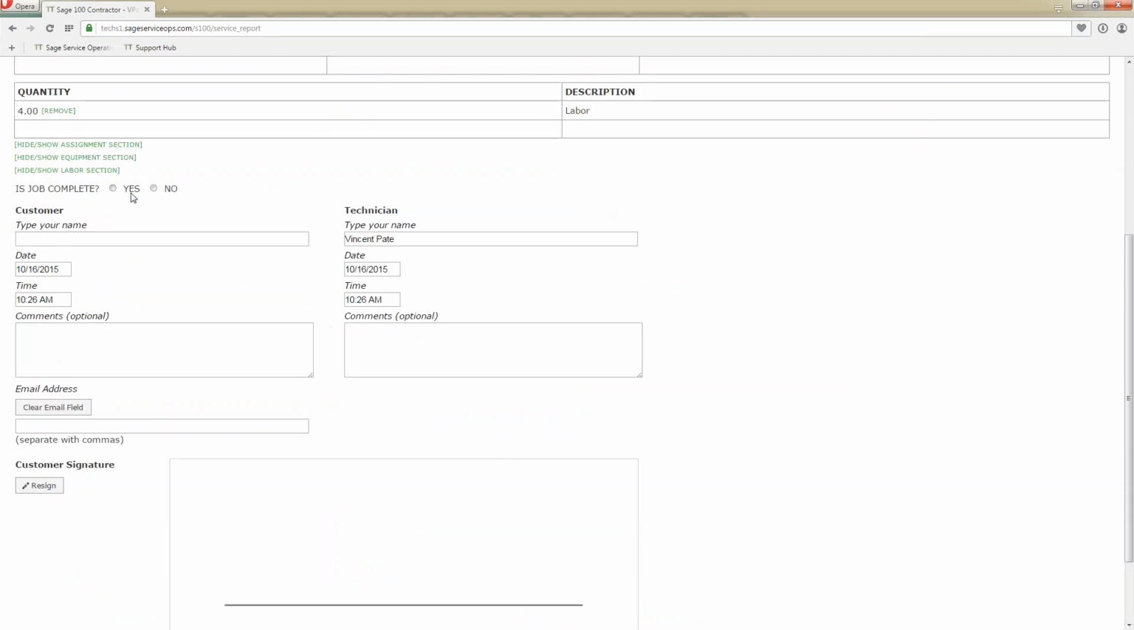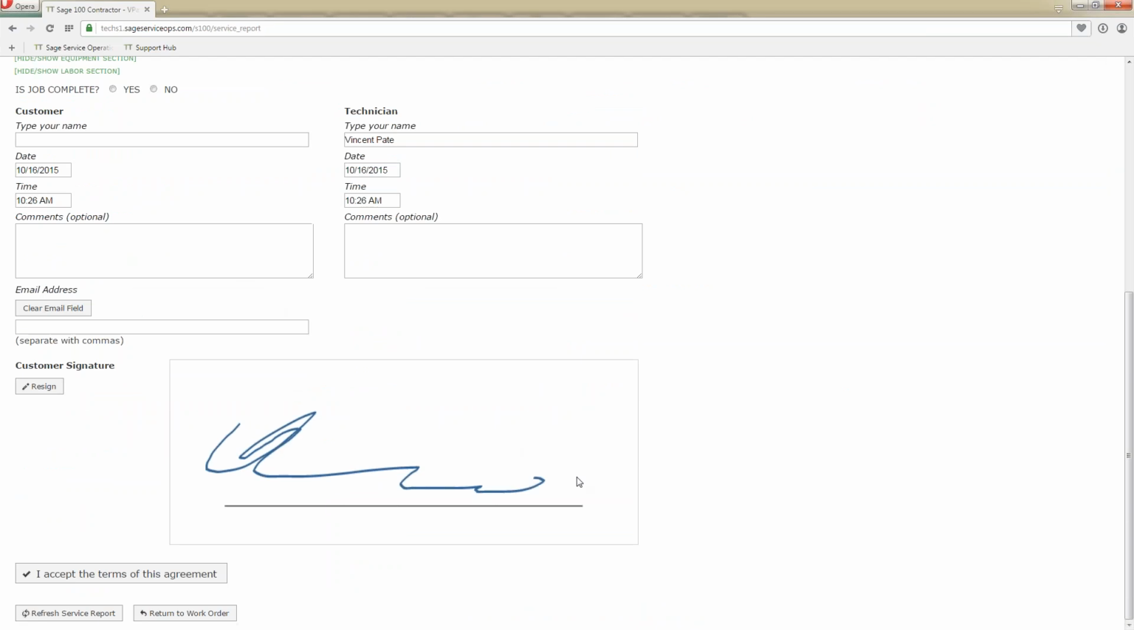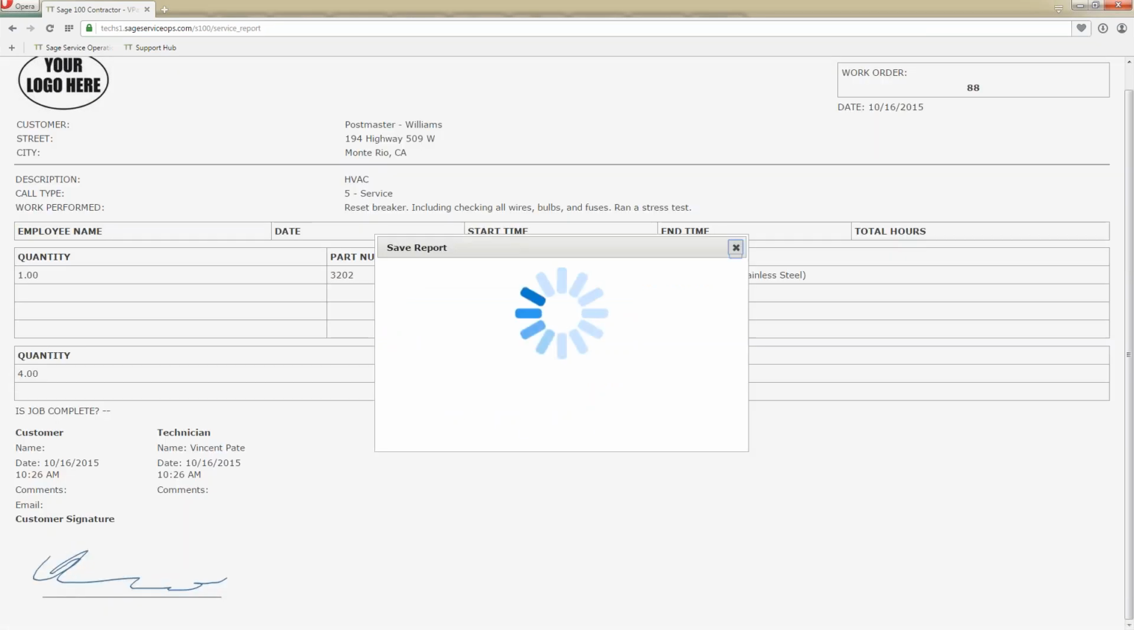They can say, yes, this is complete or not, and then at the end of the day, sign it off and accept the agreement. This agreement then is emailed to them. It's saved on the site. It's saved on the work order in Sage 100 Contractor, and it's sent back over, or emailed over, to the person who's in charge of billing, so they know that this